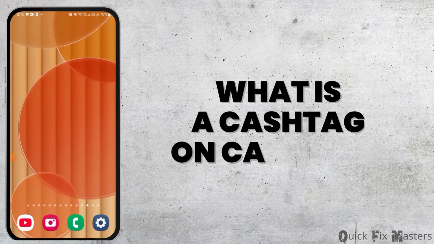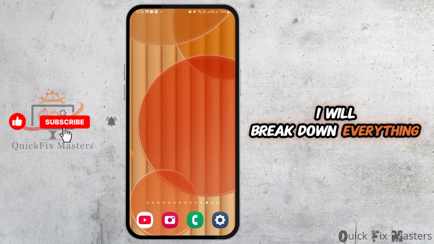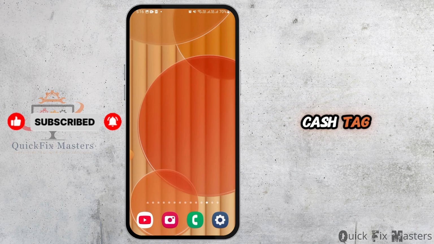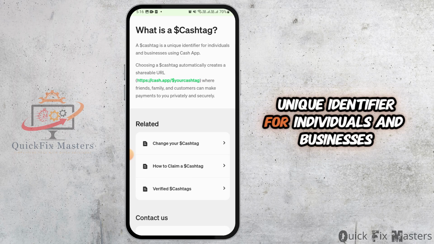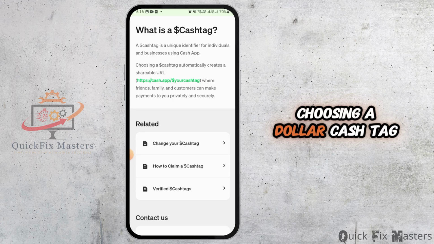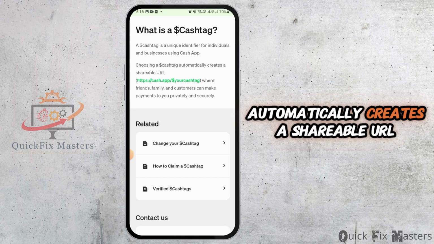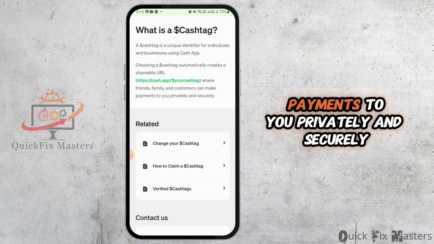What is a cash tag on Cash App? In this video, I will break down everything you need to know about cash tag on Cash App. A cash tag is a unique identifier for individuals and businesses using Cash App. Choosing a cash tag automatically creates a shareable URL where your friends, family, and customers can make payments to you